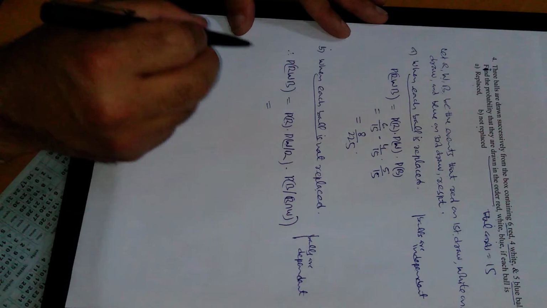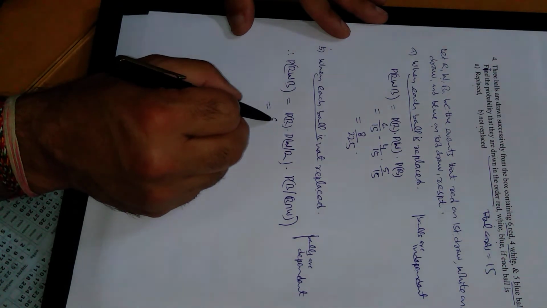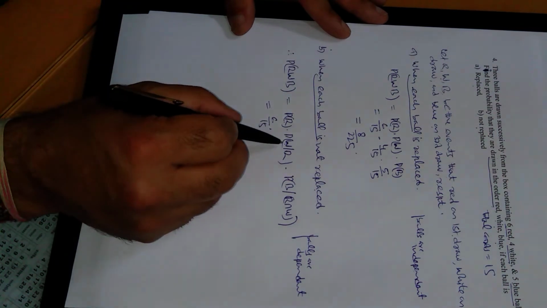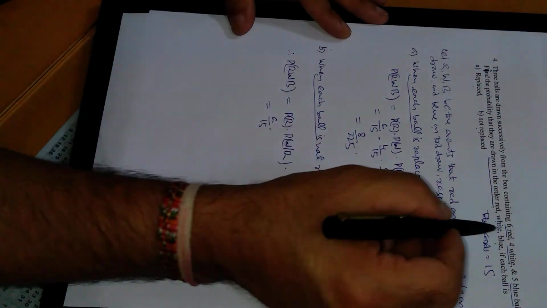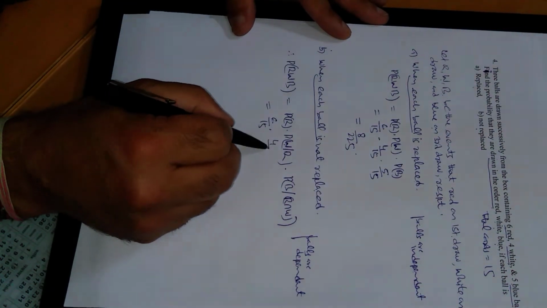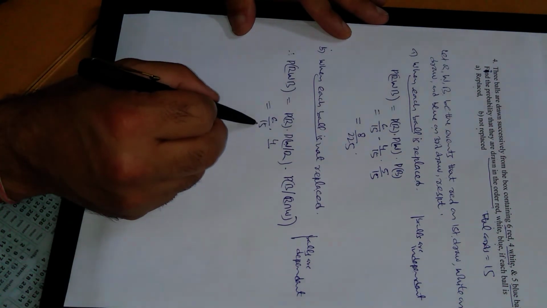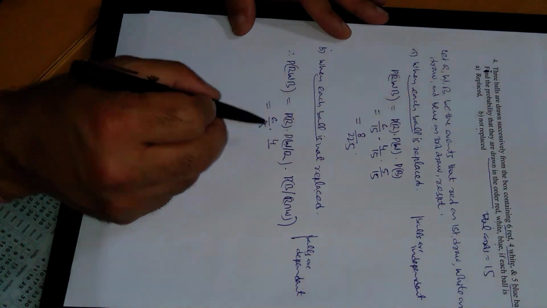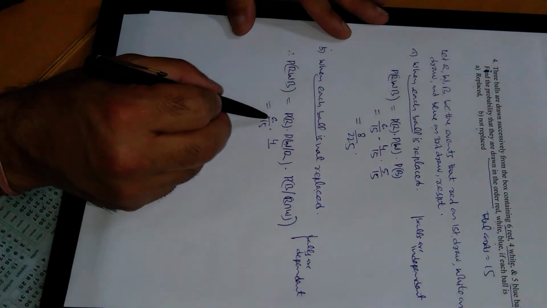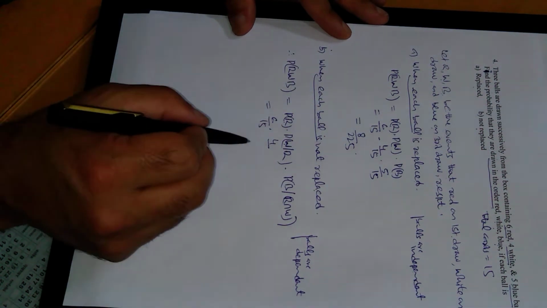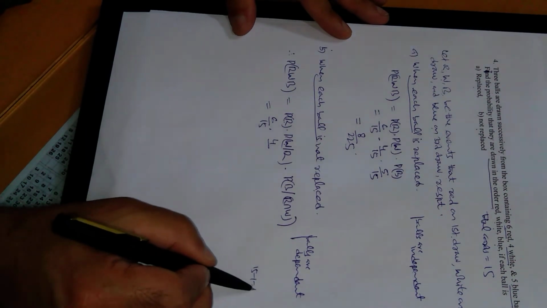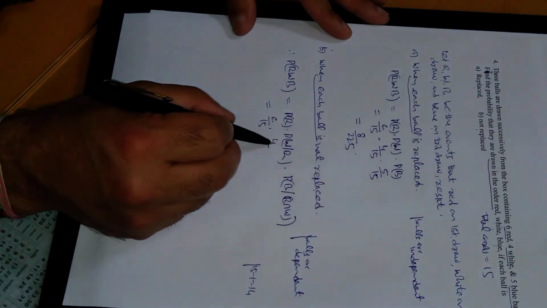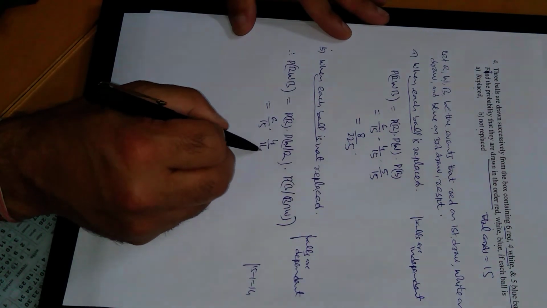Alright, so now come to probability of R. Favorable outcomes are 6, total outcomes are 15. Now this time this is the probability of a white card drawn. Favorable outcomes for white are 4, but the total is decreased by one because the card is not replaced. Previously we drew a red card, so total cards decrease from 15 minus 1, which is now 14. Total white cards are 4, so favorable outcomes are 4 and total cards 14.